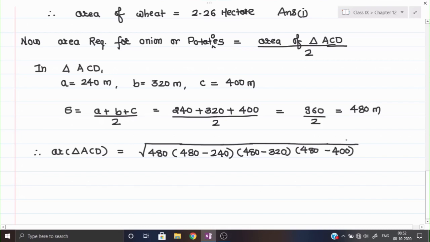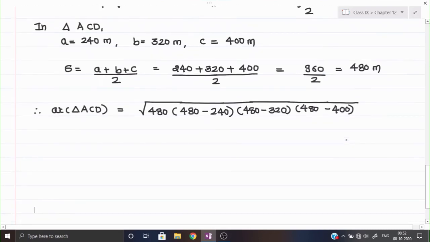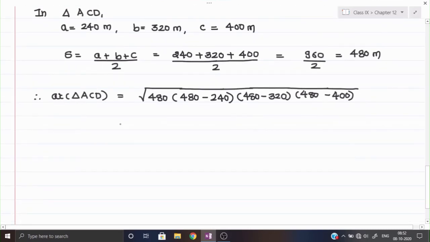Now further 480 I am keeping as it is. Okay, factors will make afterwards. First of all we shall find out subtraction. So right now 480 will be as it is. 480 minus 240, that will be equal to 240. Okay, 480 minus 320, so that will be 8 minus 2 is 6 and 4 minus 3 is 1, that will be 160, and this will remain 80 over there.